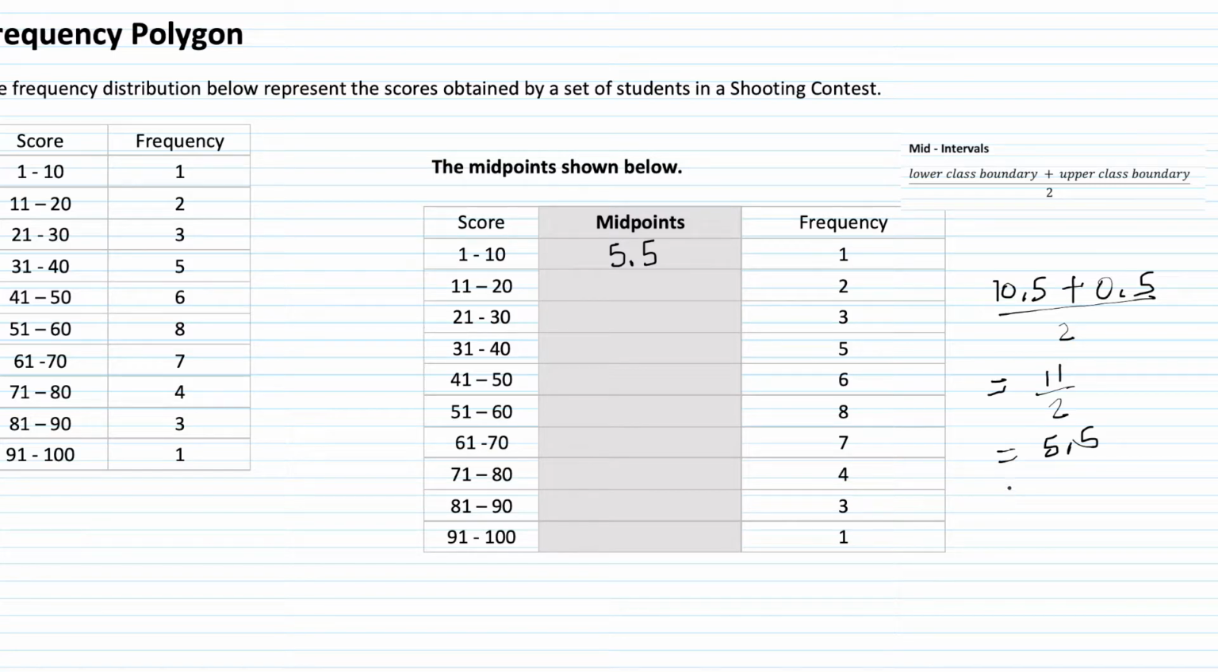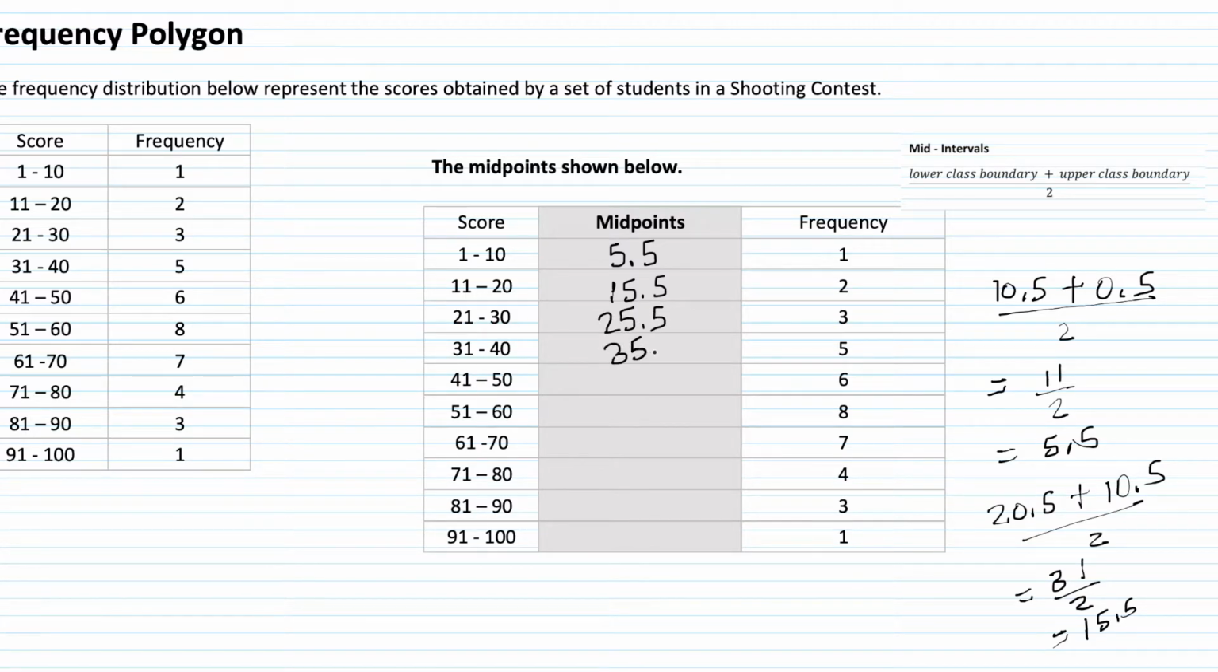So the next one is going to be 20.5 plus 10.5 divided by 2, which is equal to 31 over 2, which is equal to 15.5. And the next one here is going to be 25.5, then we have 30.5, 45.5. Now, as soon as you find the first 3-4 midpoints, you'll see that they follow a pattern, and here